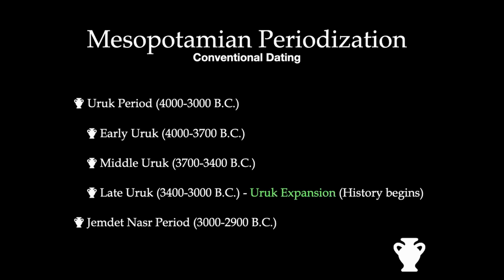Then you've got the Jemdet Nasr period that comes after that, 3,000 to 2,900 BC. And then we enter into a period in Mesopotamia called the early dynastic period, 2,900 to 2,300 BC. Early dynastic. And this time period is really interesting to me because this is when in Mesopotamia, and when I say Mesopotamia,